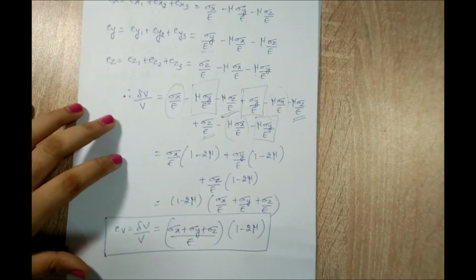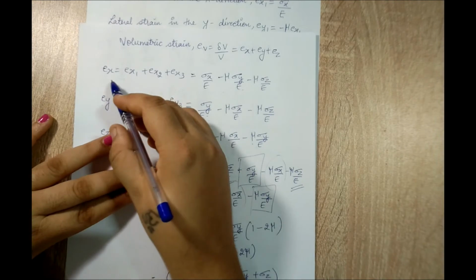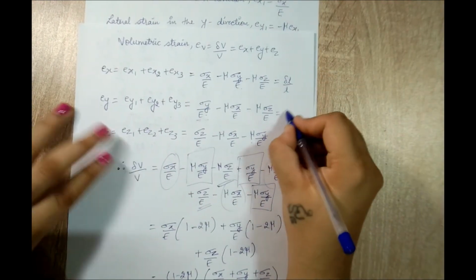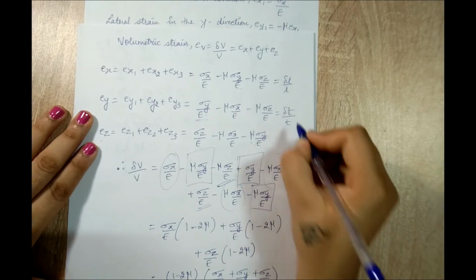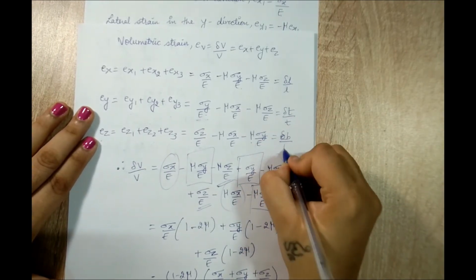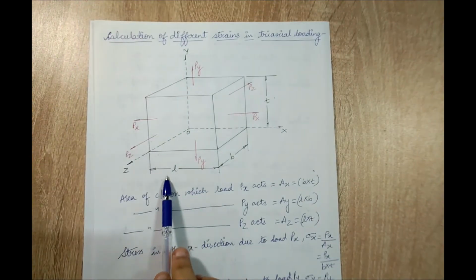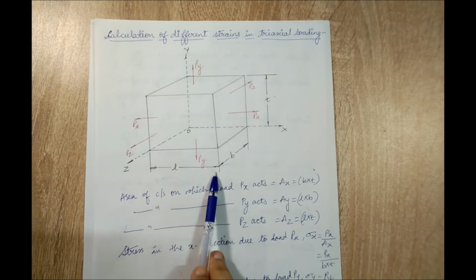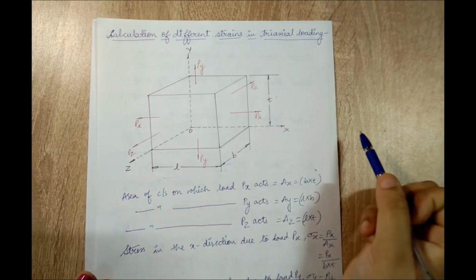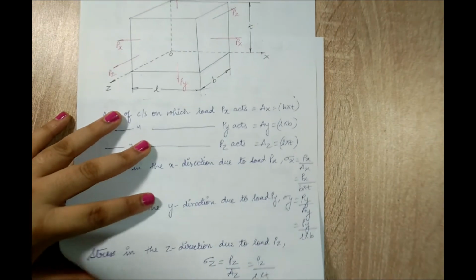Now in case you are told to find the change in length, breadth and thickness, then Ex will stand for delta L by L, Ey will stand for delta T by T, and Ez will stand for delta B by B. If you recollect, we have written these formulas before. So strain along X is delta L by L, along Y it is delta T by T, and along Z it will be delta B by B. So this is the formula of delta V that I obtained.